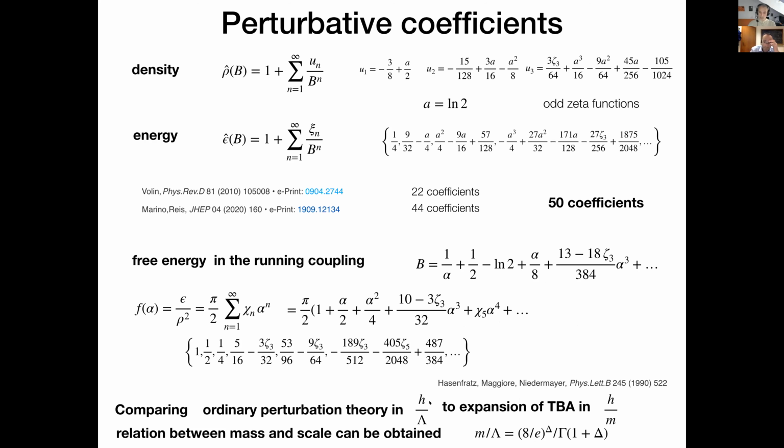But once you know the relation between H over N and H over lambda, you can transform the expansion we got in the TBA into the language of the Lagrangian, and then you will know all the perturbative coefficients in the Lagrangian language too. As I said, these are longer and longer expressions and not very enlightening. What is a bit more enlightening is to see the numerical value. But in order to go higher, because analytically we could calculate only 50 coefficients, but numerically much more.